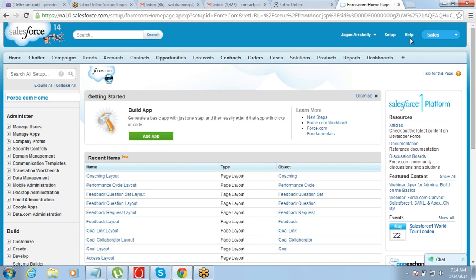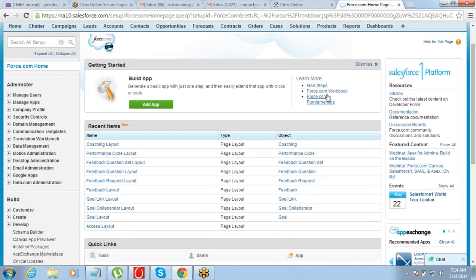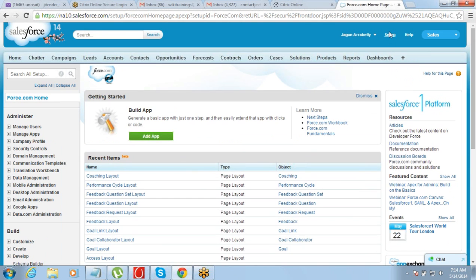This will take you to the help and all. Then the setup link. If you click on setup, it will open the complete setup menu on the left hand side. On the left hand side you see a big menu: administer, build. This is the setup menu. Okay. So in case you are not able to see the setup menu on the left side, you just need to go and click on setup.